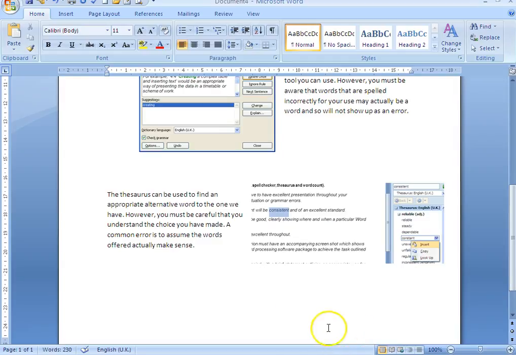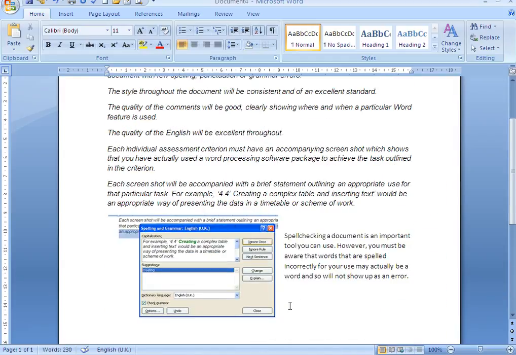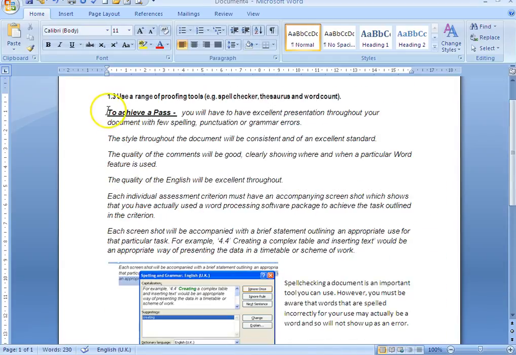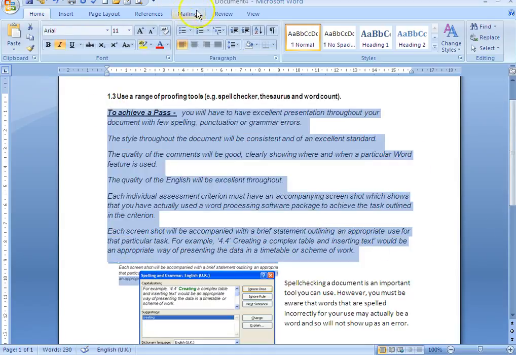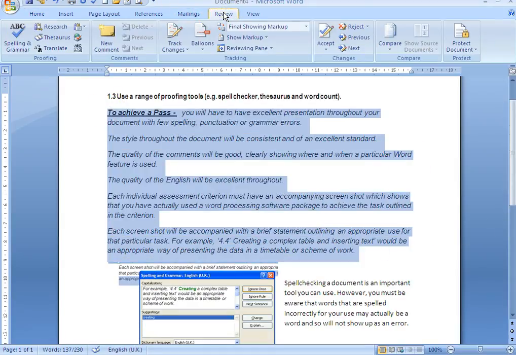Okay, so that's the second. The third one is obviously a word count. So if we select a piece of text and go to review,